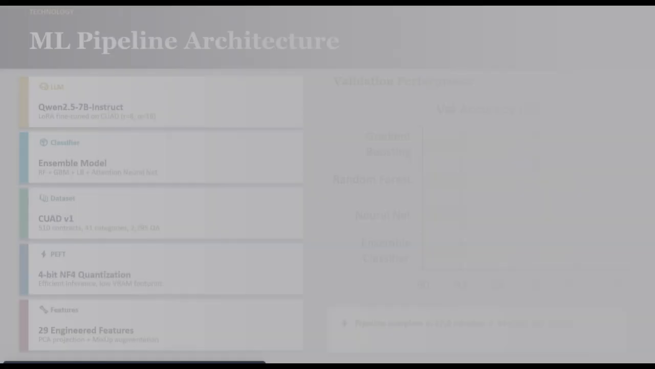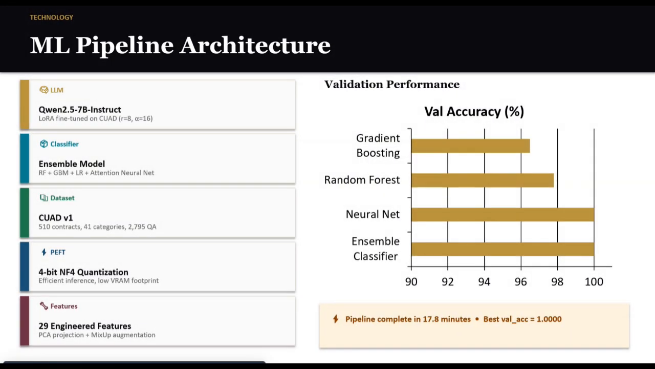Then you have the ML pipeline architecture. In this, you see the technical layout of this particular software application. It was fine-tuned against the Qwen 2.5 7 billion instruct, LoRA fine-tuned on CUAD, with r equals 16 and alpha equals 16. Then the classifier is a single model,